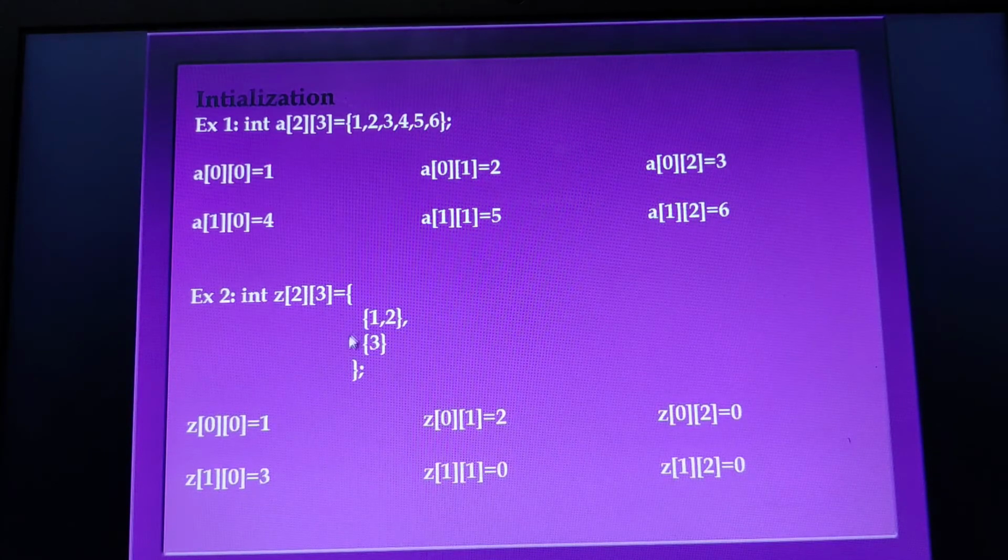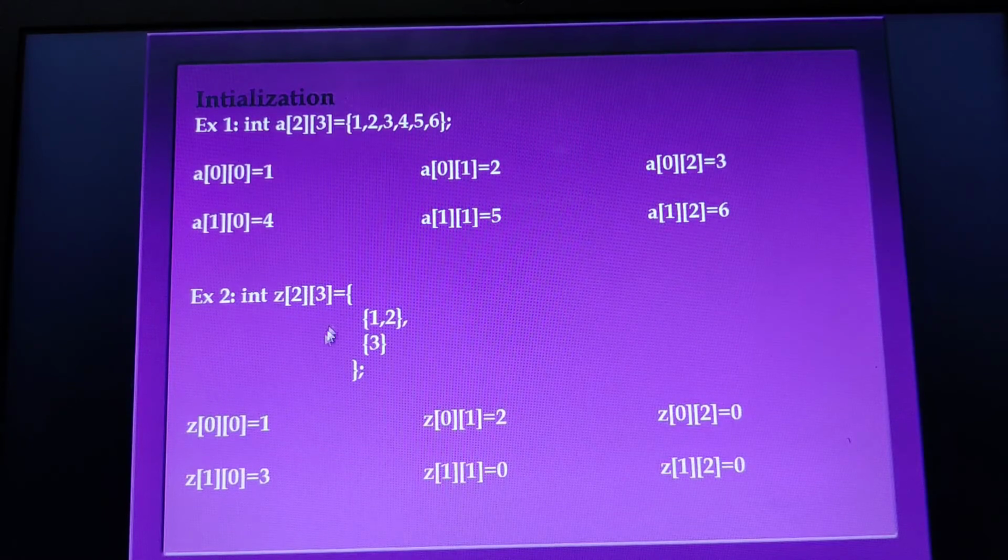So this is the first row and this would be the second row. In the first row, 3 values should be there, but the third value is missing. Therefore, Z of 0, 0 will take the value 1, Z of 0, 1 will take the value 2, wherein for Z of 0, 2 the value is missing. Therefore, it will be assigned by the compiler the value 0.